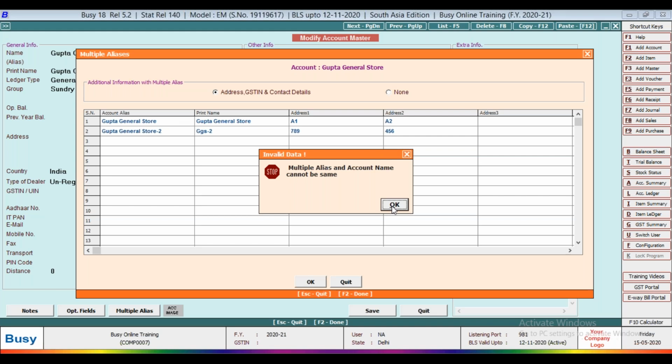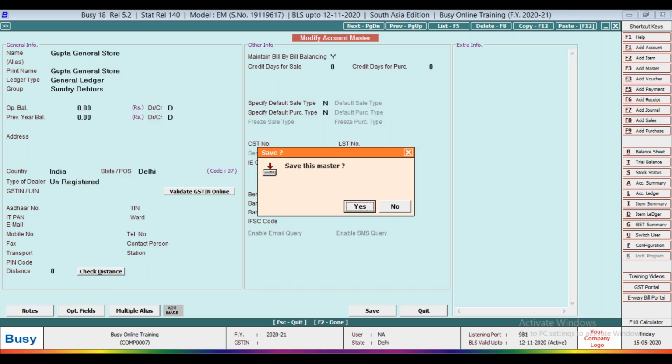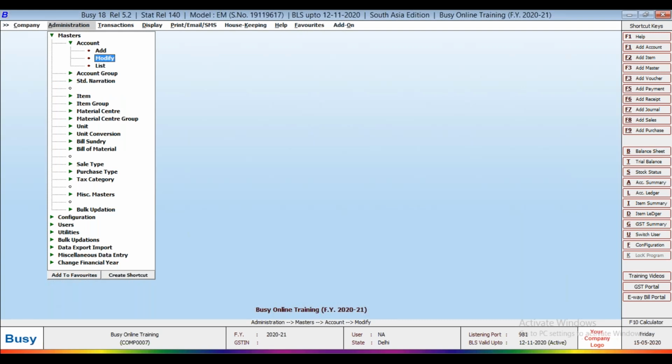And you cannot define the same name for the main name and the account alias name. So here choose as one. Now save this.